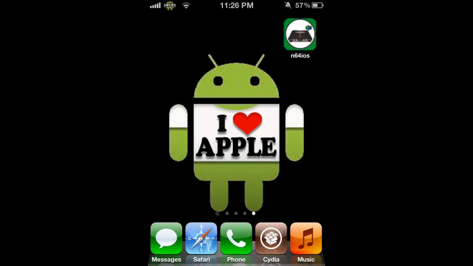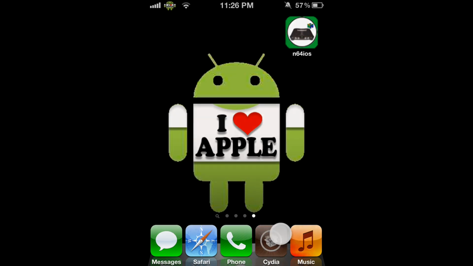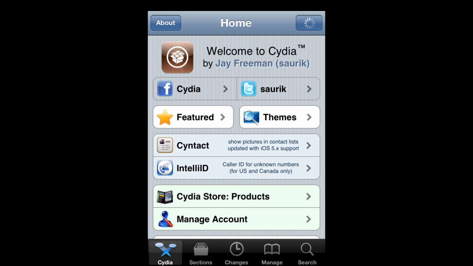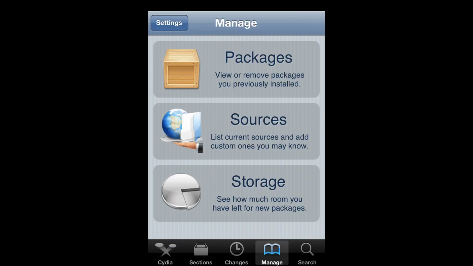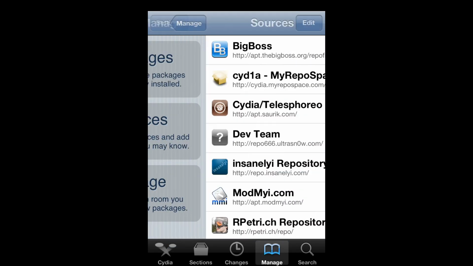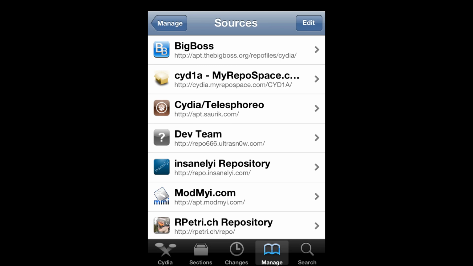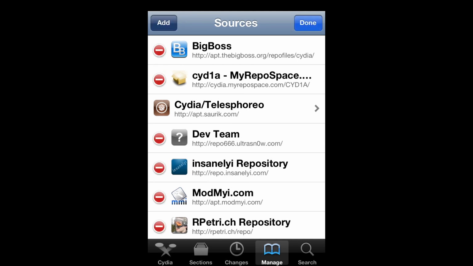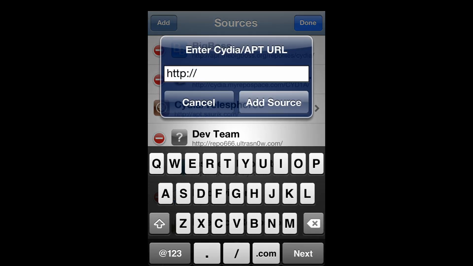Let's begin. So the first thing that we're going to do is open Cydia. So go ahead and open Cydia. It's going to load, and when it's done we're going to click on the Manage tab, then Sources, top right Edit, top left Add. And the source that we're going to be adding is the N64iOS repo, as I said earlier. So just type it as I am doing right now,